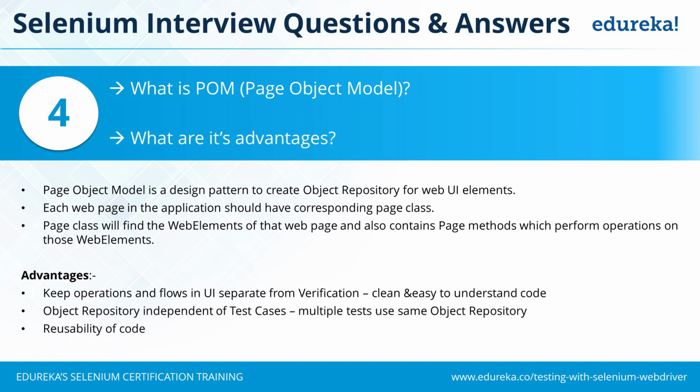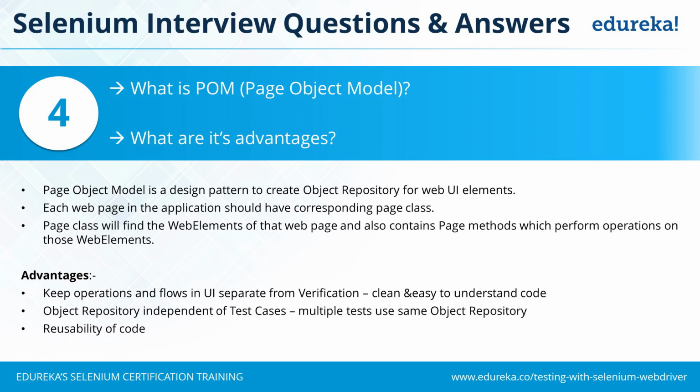One class for the objects purely, one class for the methods being performed on those objects, and the third class where you actually write your @Test or your test case, and it goes to execute a method. The method utilizes the objects and just returns what it has found on the screen. And then the verification is done in the class where you have written your test. So over there, the test case will be very simple. It will be very readable, and it will be more useful rather than creating all these three things at one place. Object repository independent of test cases.